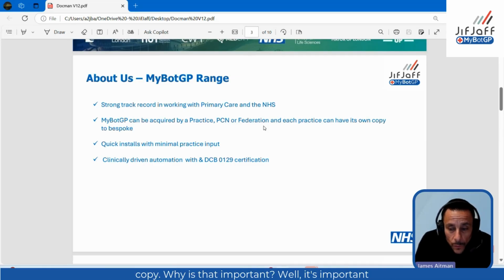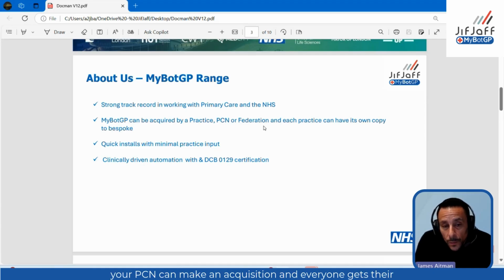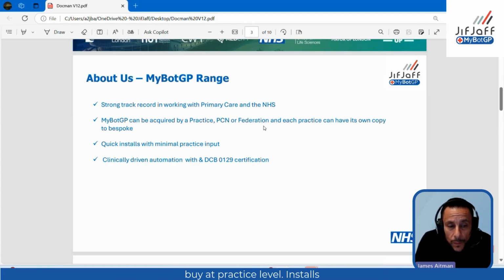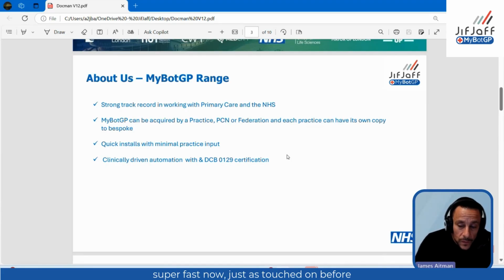Why is that important? Well, it's important because you will all have your own way of working. So your PCN can make an acquisition and everyone gets their own copy, or obviously you can buy at practice level. Installs are super fast now, just as I touched on before, with all of our kit now living in an NHS ICT hosted environment. It's a question of signing off paperwork, username, password, permissions, plug in, and it will start